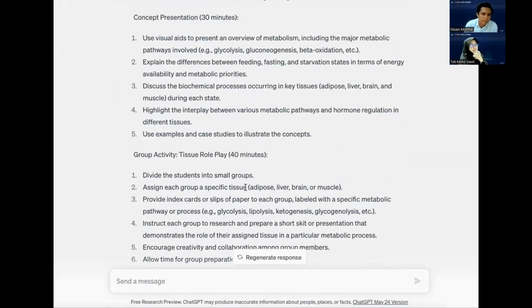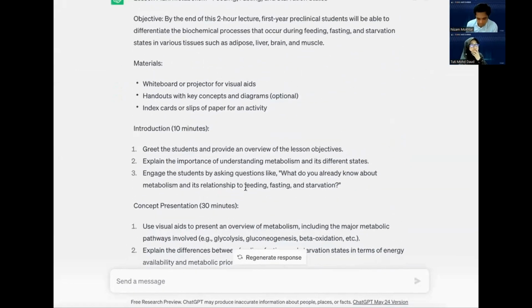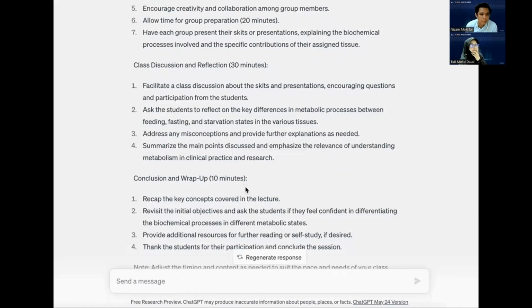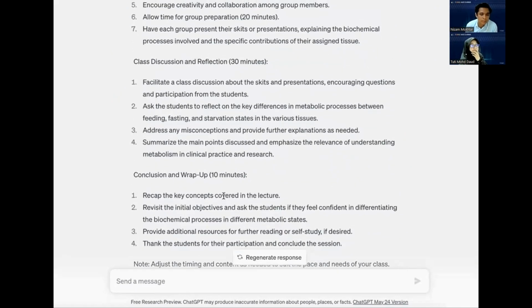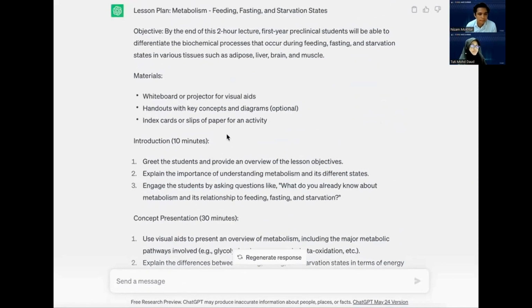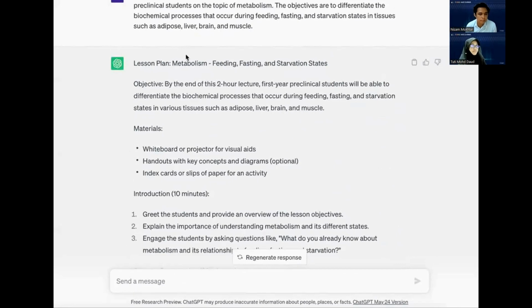So it's not so much that you have to follow this, but it gives you a general idea on where to start. So you can always, every now and then, if you feel like, no, I don't like the class discussion part, maybe we can replace that with something else. And you can just simply write down a prompt, and it will change that section into another section of your interest. But in general, for you to start off something that you have never taught,